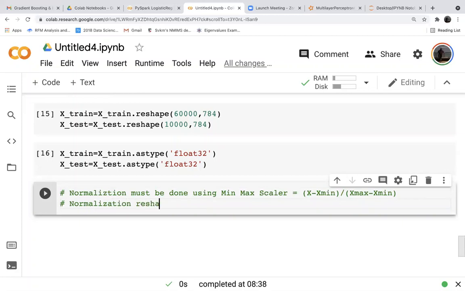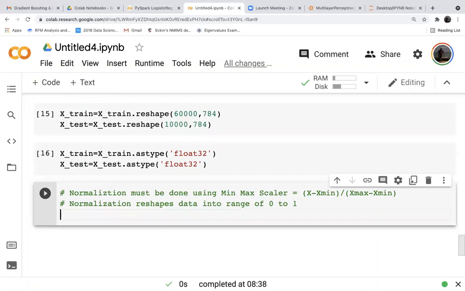Normalization reshapes the data into a range of 0 to 1 without any negative values. All the values will be in the 0 to 1 range, so it will be easy for the neural network to compute. Last class you saw, right? The computation for 9 weights only, we had to struggle a lot. But when you are building a model that has lakhs of weights, the smaller the value, the better and faster the calculation. Otherwise, the algorithm will take hours to build. So we are reshaping the data.